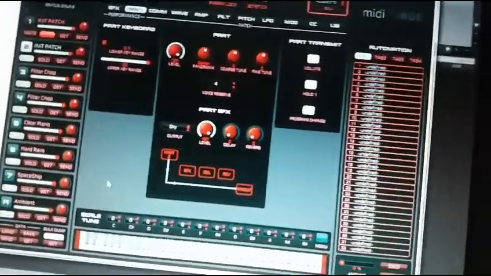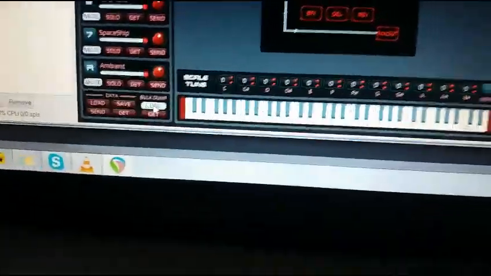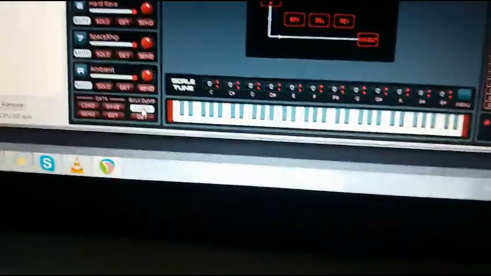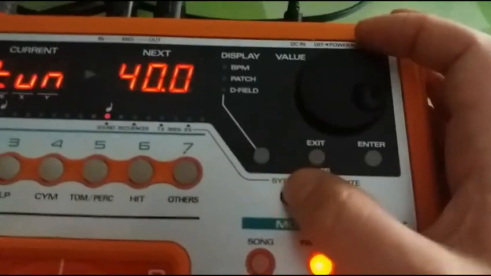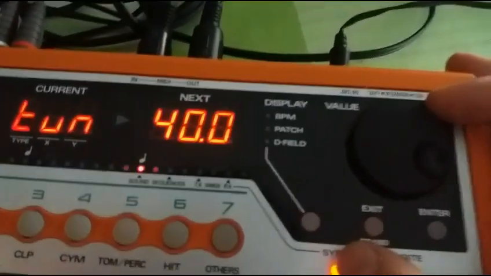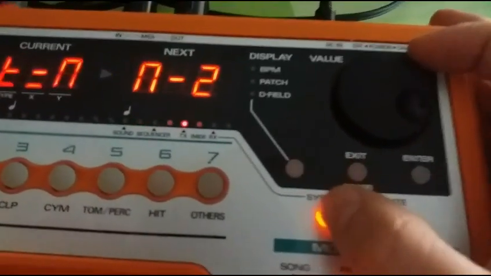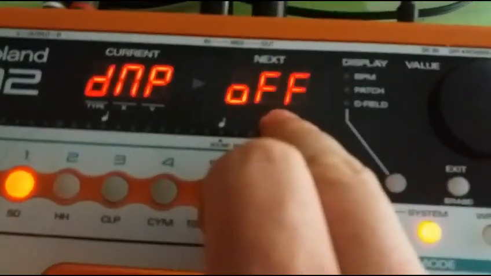That's almost it for the bugs that I found. There's just the bulk dump there. And I hoped with the bulk dump that I could get all the info from the D2 here: the patterns and all the patches and my presets, in fact, and dump them to my computer, to the program. So I go to the D2, there's the dump. I make it dump all, and I,